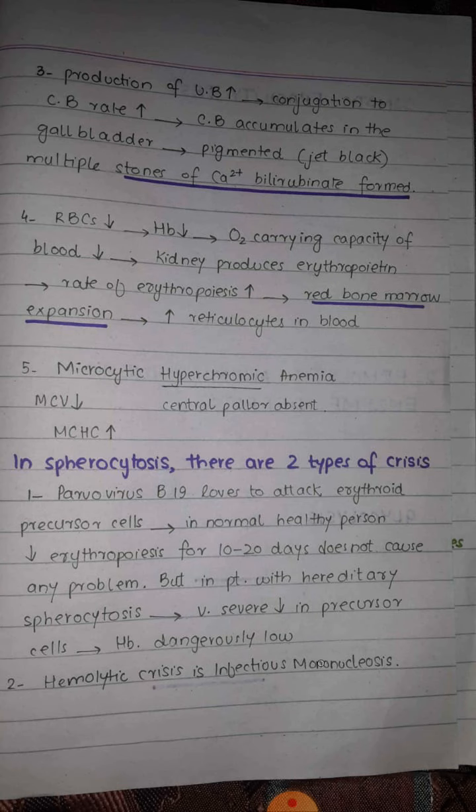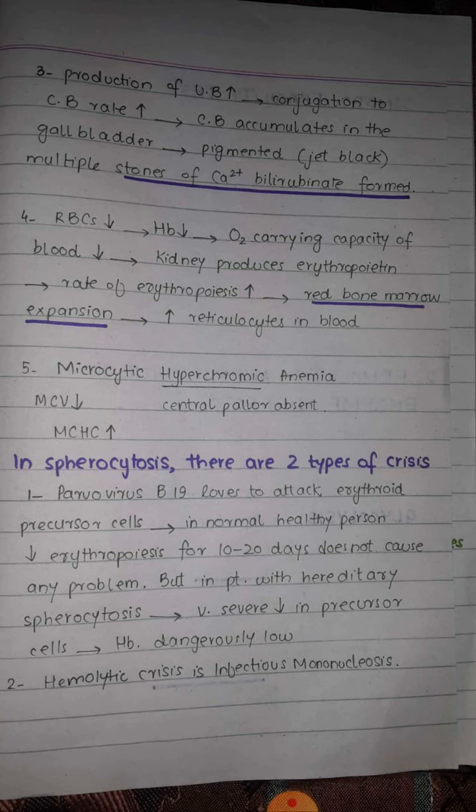Now, what is infectious mononucleosis? Infectious mononucleosis is a condition which is caused by Epstein-Barr virus. This Epstein-Barr virus spreads by saliva, so we can also say that it is the kissing virus, or it is kissing disease. A person who is suffering from infectious mononucleosis has fever, malaise, cervical lymphadenopathy, and exudative pharyngitis.